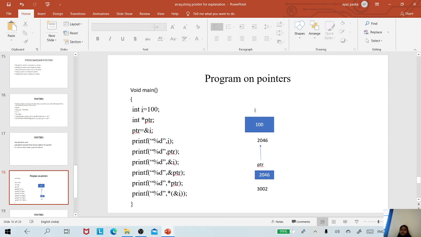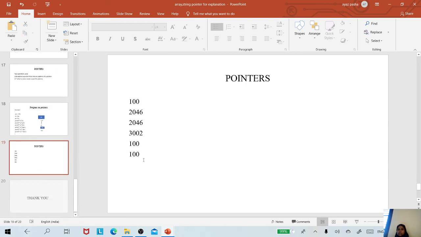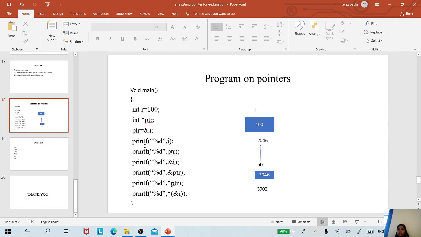We have the statement ptr equals ampersand i. Ampersand i, as I have told you, is the address operator that returns the address of the variable. Simultaneously you can see the outputs here.